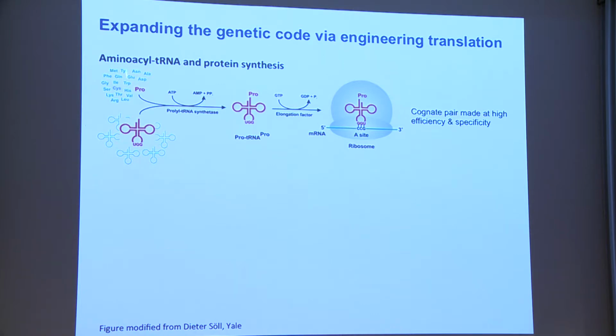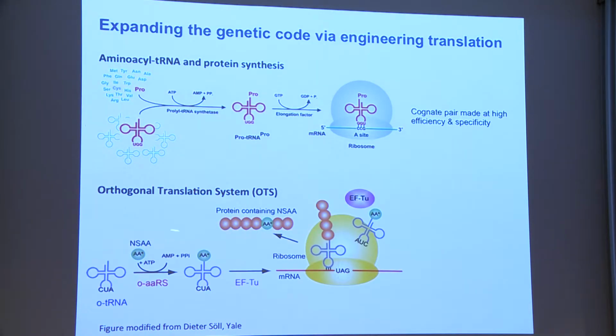I'm not going to go into the details because we just heard a good description of protein translation, but here's just a nice little graphic that shows natural protein translation. What I want to do is contrast that to what others have been doing in the context of developing orthogonal translation systems that will allow one to site-specifically encode these non-standard amino acids. It really comes down to having orthogonal aminoacyl-tRNA synthetases that will uniquely bind to these non-standard amino acids and charge an orthogonal tRNA that will then interact with EF-Tu and allow it to be encoded at the ribosome during the process of translation. Importantly, these are designed to be orthogonal, meaning that they won't cross-react with native translational components